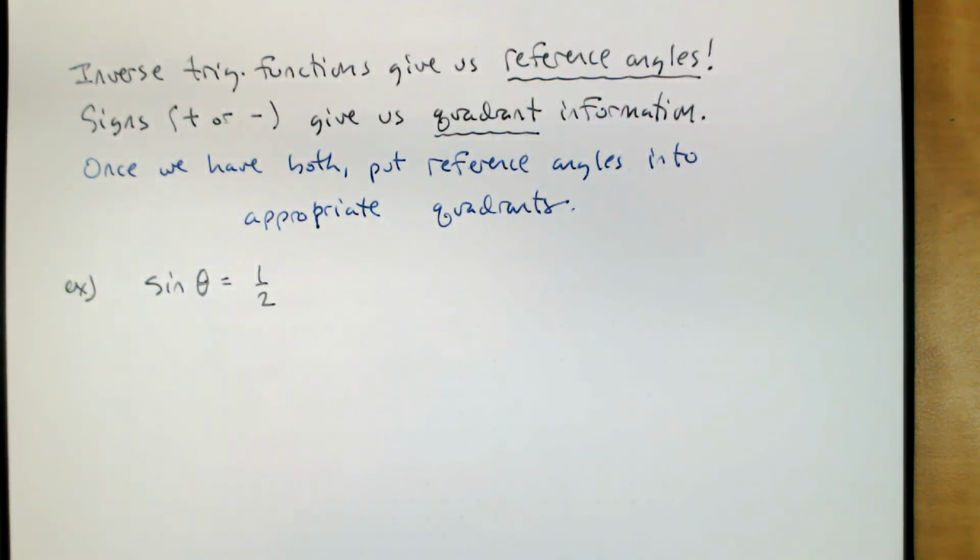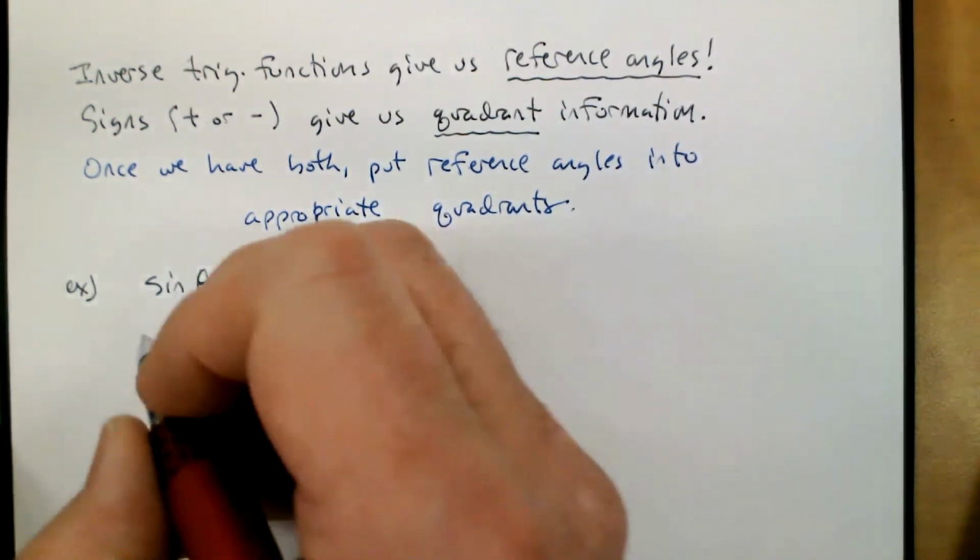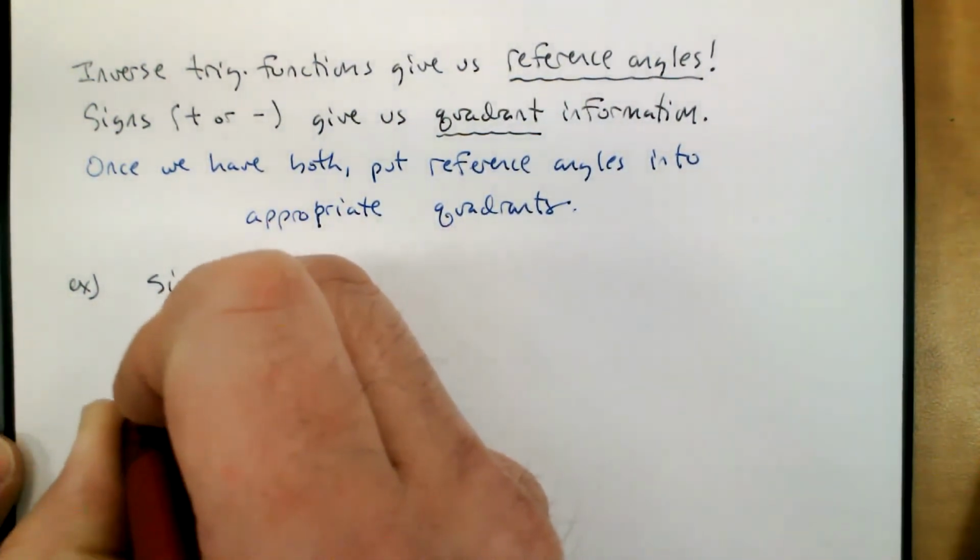When we see sine of theta is equal to 1/2, we know that the reference angle is going to be 30 degrees. If we use our calculator, ignore the plus or minus part of the 1/2 and just do sine inverse of 1/2 to get 30 degrees, if we forgot. It might be that we just forgot, we do a sine inverse, but we know that theta reference angle